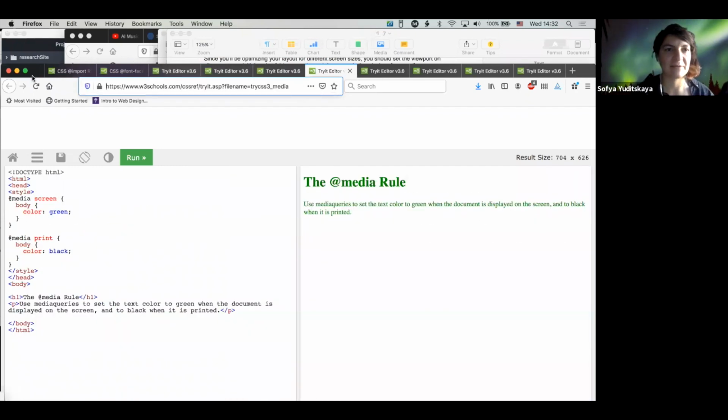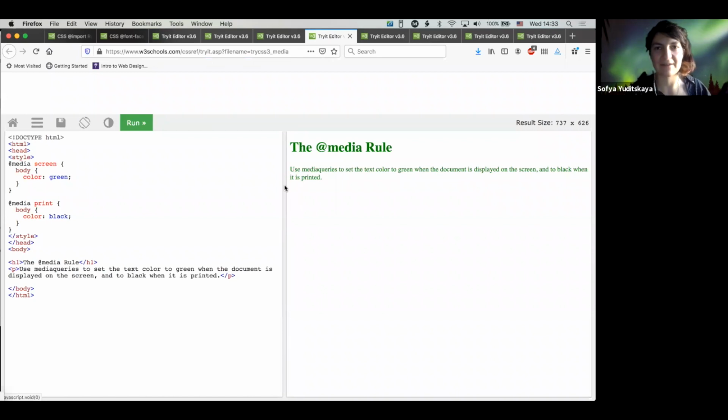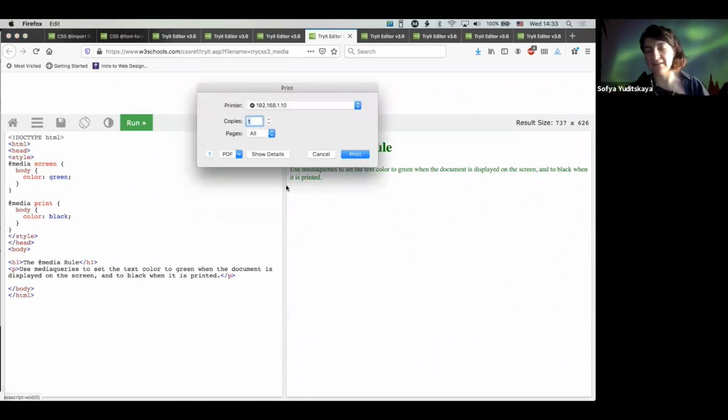So this example is very nice because we have our @media and screen, and we don't care what size. We don't have any additional specifiers to the screen. We just say it's screen, and if it's screen, the text is green. And then we have @media print. In that case, the text will be black, and you're like, well, how do I see that? So luckily, I can display this to you by saying, if I say Command P,